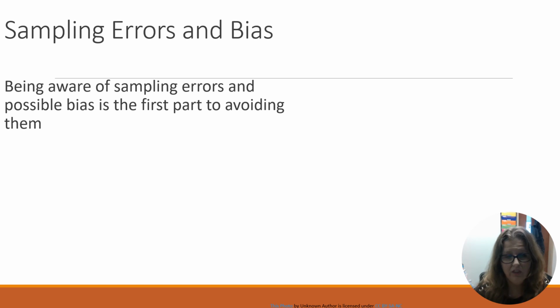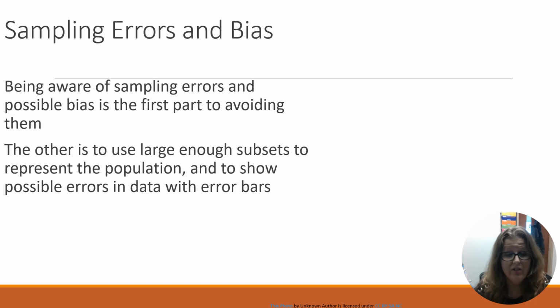And I talked about some biases there as well. So the first part really is to try to avoid them. Is that practical in every situation? No, it's not always going to happen. But just be mindful of them and ways to prevent them. And I already talked about this, using large enough subsets to represent the population. And then you can use